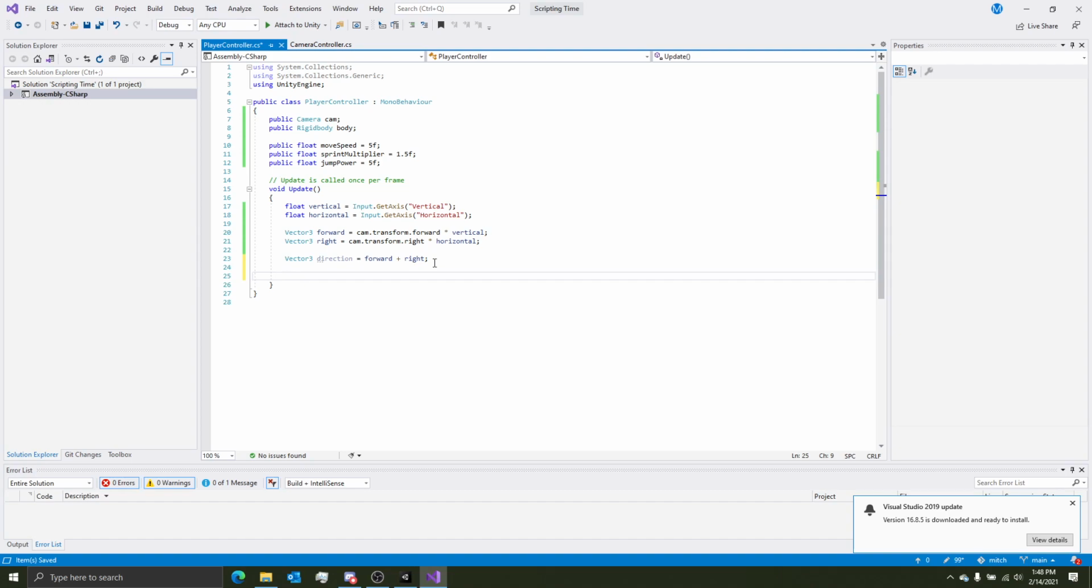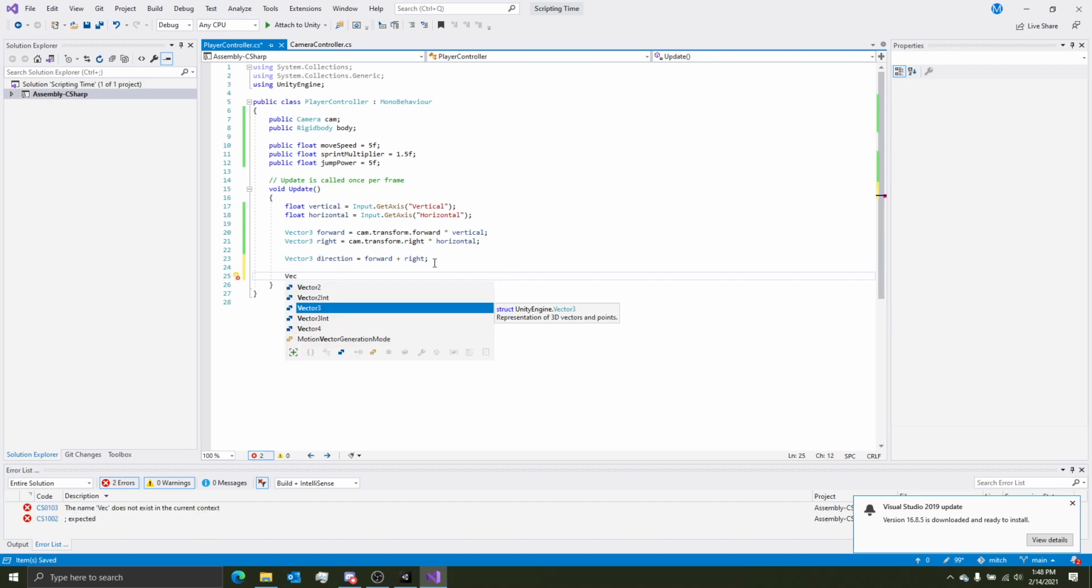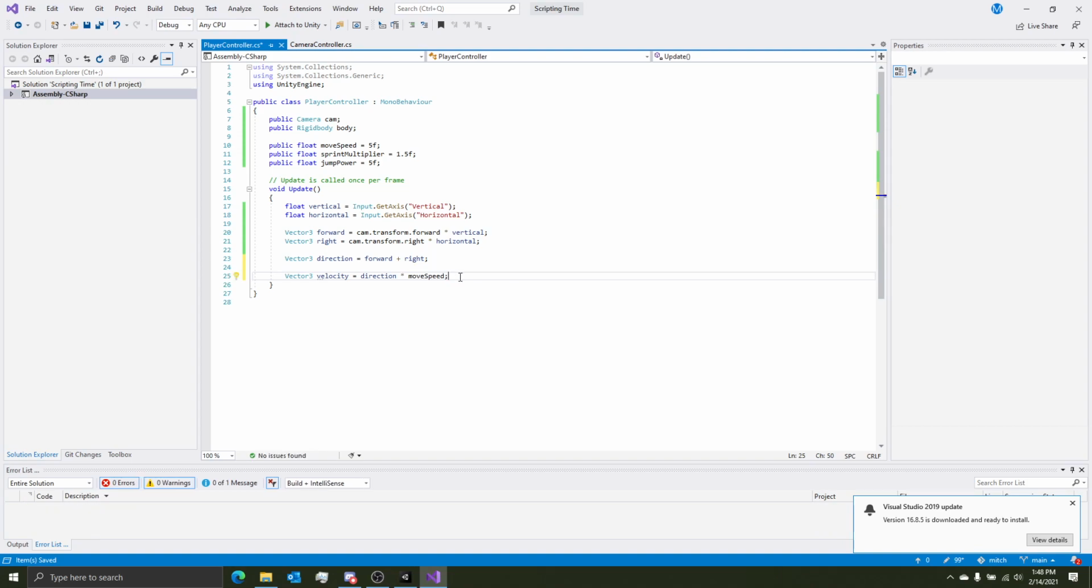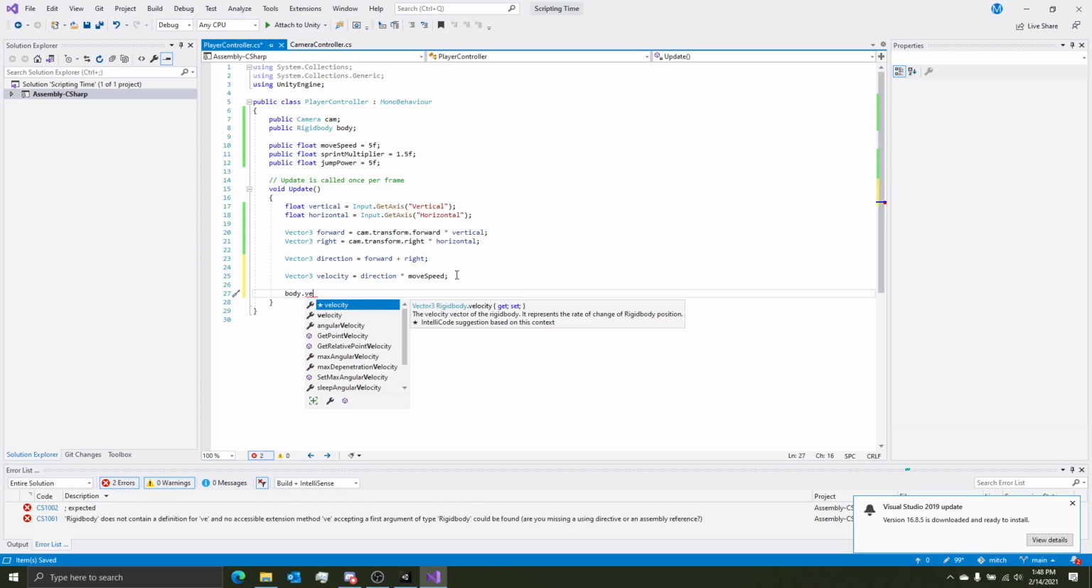Okay, so now we're going to set the velocity of the player. So I want to make another vector3 called velocity, and we're going to set that equal to the direction and multiply that by the move speed. So the direction, the highest value any x, y, or z would be is 1, so that the move speed represents the fastest they will be moving at one time. Okay, and then we'll do body, the rigid body, and then this contains the velocity, so we're going to directly